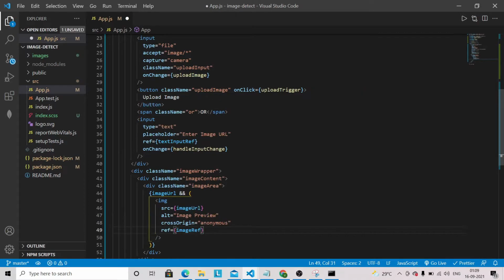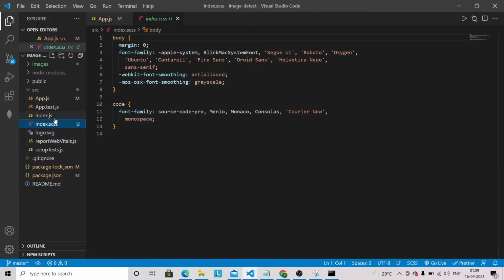Okay, and let's verify this one first. So before that, we are going to put all the CSS code related to this in the index.sass file. So I'm going to paste all this CSS styling in this file.